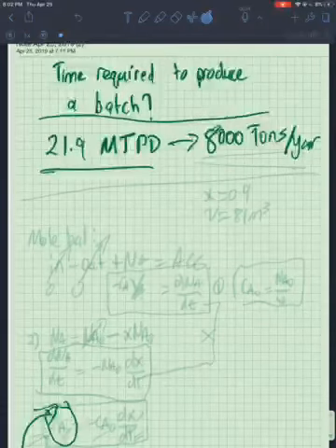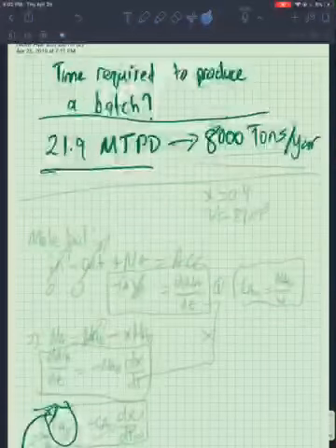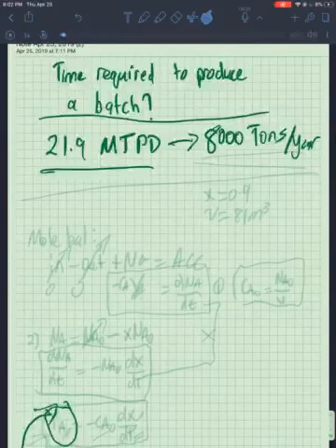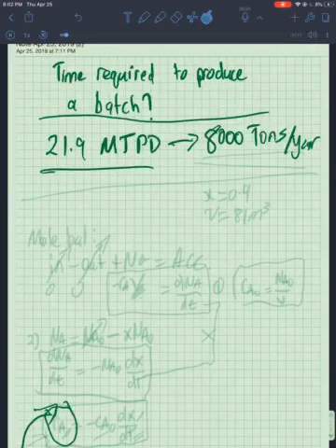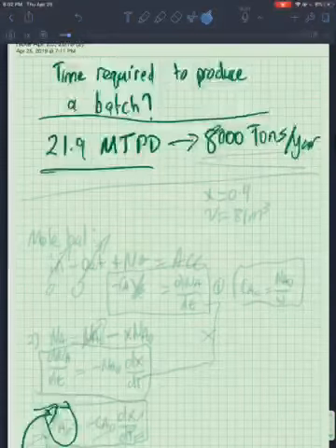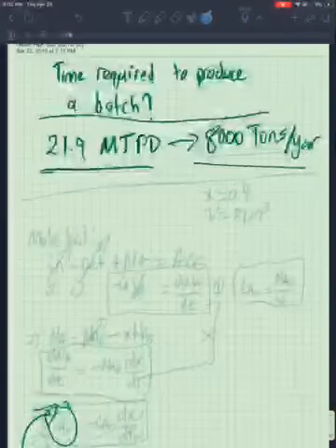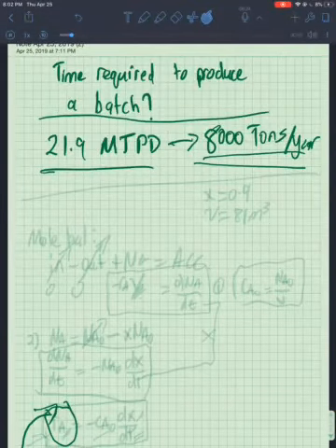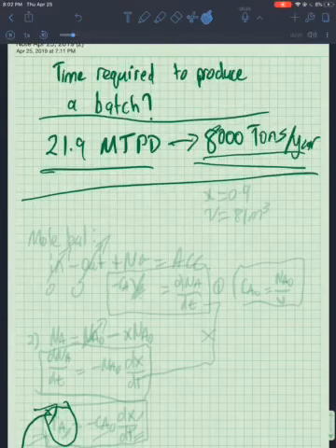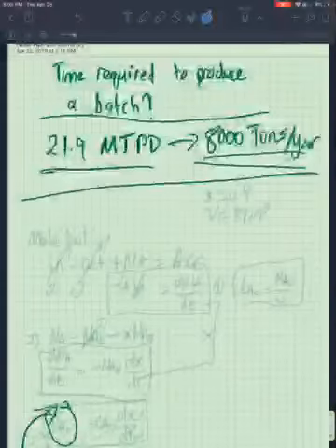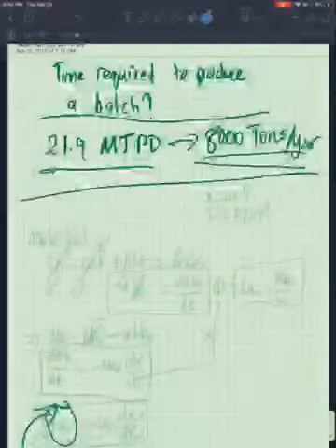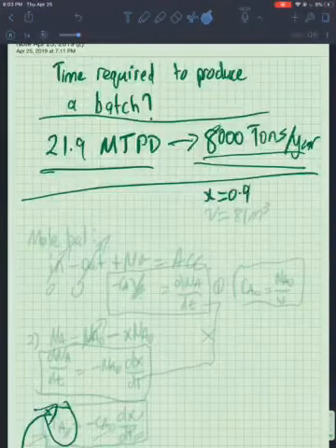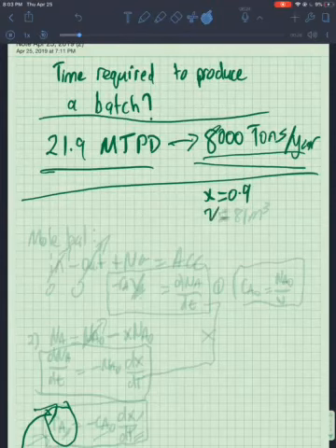Now we're after the time required to produce a single batch in the batch reactor that we designed. We know that our goal is to produce 21.9 metric tons per day of Teflon, which corresponded to our overall goal of 8,000 tons per year. Now we need to derive an equation in terms of time and the parameters that we know. Let's remind ourselves that we do know the concentration, we know the volume,